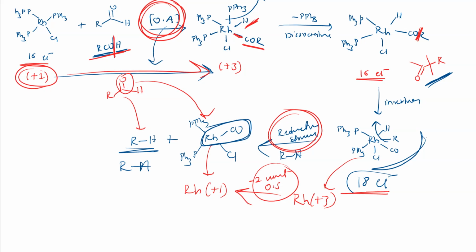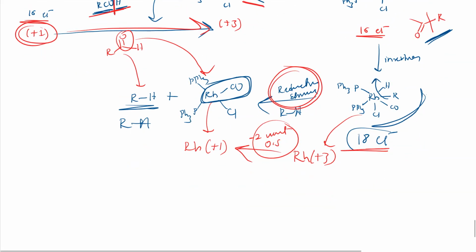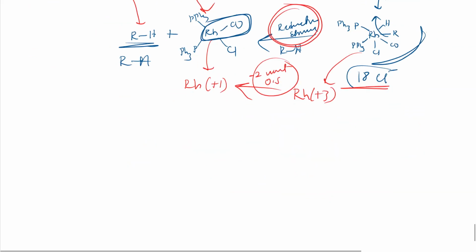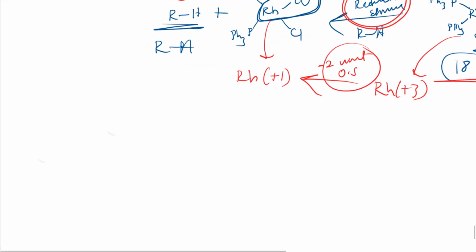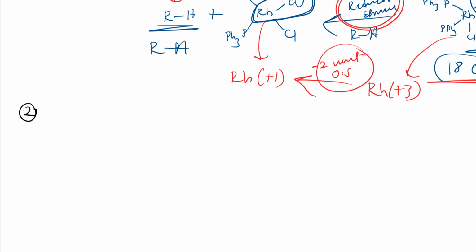So I hope you got the mechanism and the first application, that is the carbonyl will be removed, a decarbonylation reaction happens, right? So that is the first application. And next, the second application, let us see, right? So the second application is formation of carbon-carbon bond, right? So how does this happen? Here, see, I have one